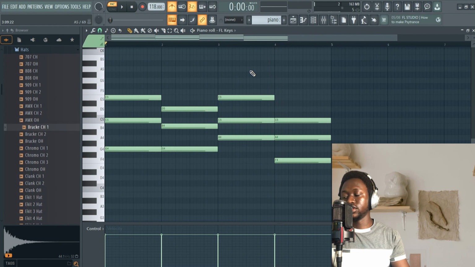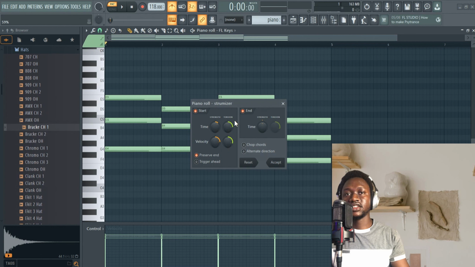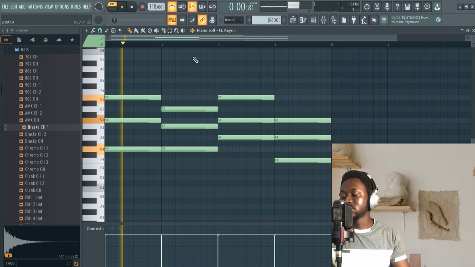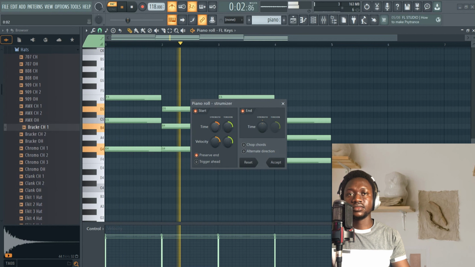Okay, one thing I can do to make it more realistic, if I do Alt and S, it's going to strum it and vary the velocity. So in case I'm using an instrument like guitar, I can change it so that it sounds strummed or not. I'm going to do a demonstration. If I hit Alt S,